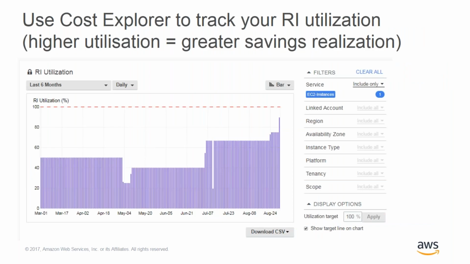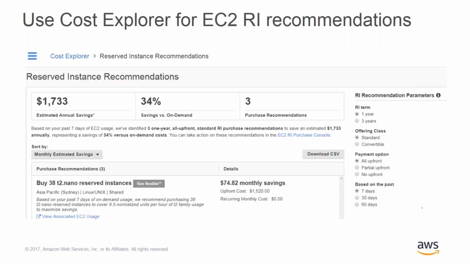So speaking about reserved instance utilization, the AWS tool that helps you with that is Cost Explorer. And so high utilization means greater savings realization. Typically, customers set roughly a target of 90 to 95% utilization of reserved instances. And there are actions you can take if there are instances not being used. For convertibles, that is extremely easy. You simply convert the reserved instance to something that you are actually running.